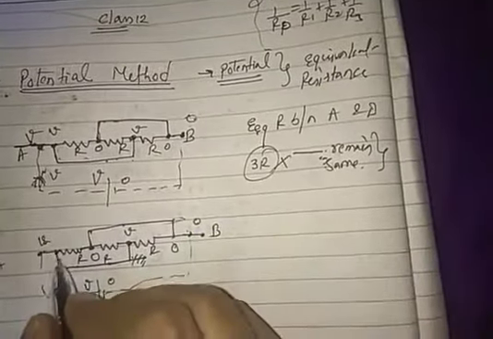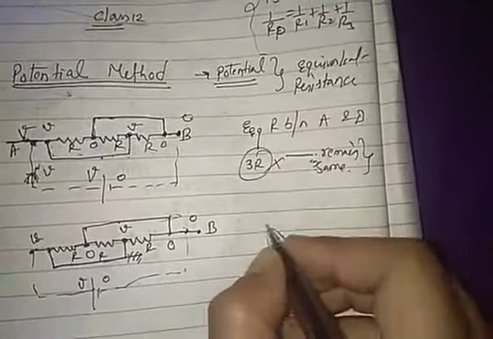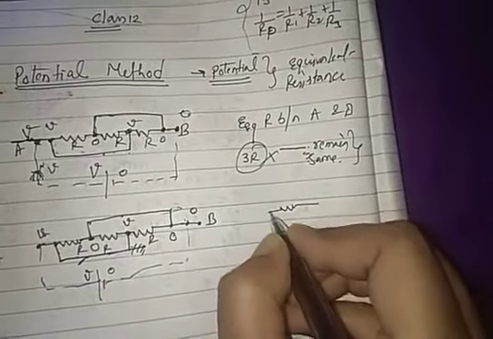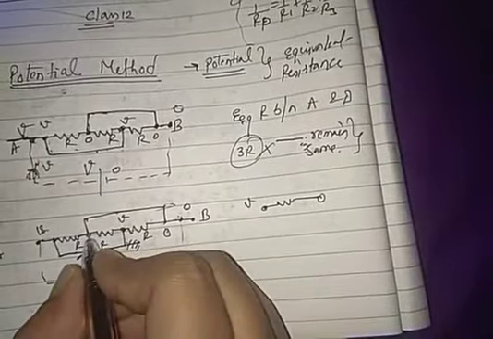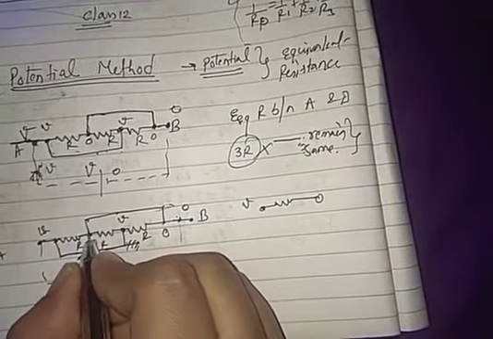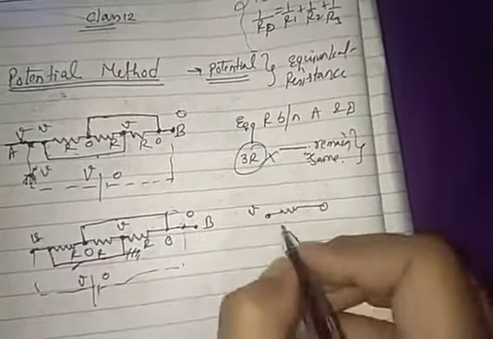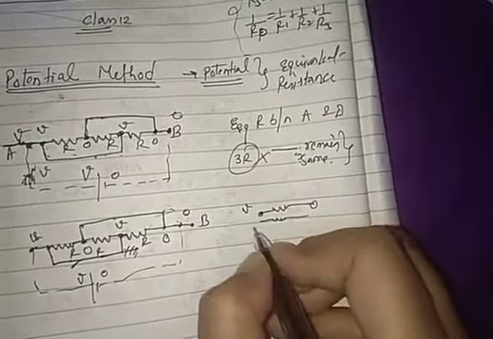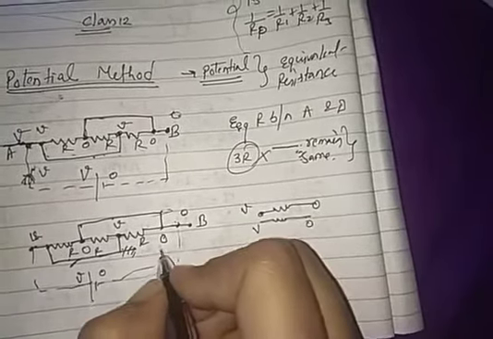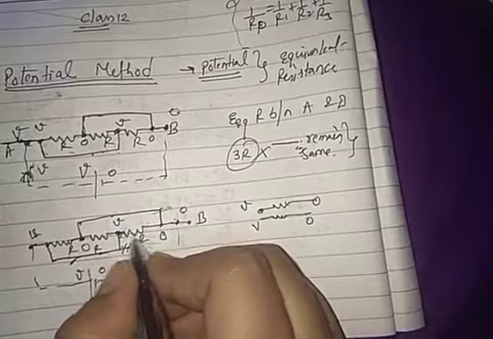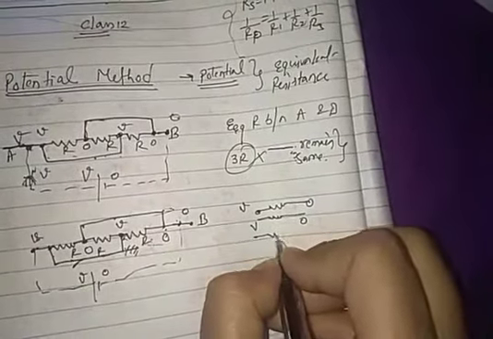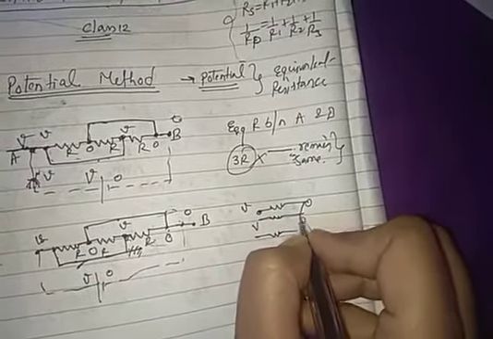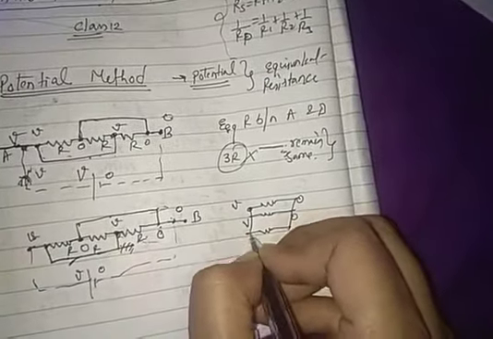So let us now find the resistance. First make this resistance R. Potential here is V, here potential is 0. Again this R, here potential 0 and here potential V. So I can draw it like this. Now here also you can see a third resistor, here potential V and here potential 0. Now you can see they all came in which combination?